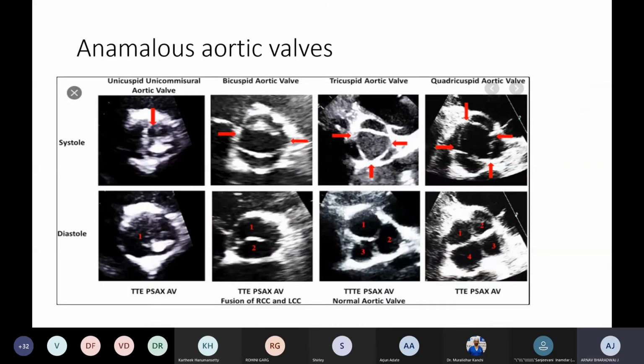So these are a few congenital abnormal aortic valves, and these are due to defects in development of the commissure. When no commissure is developed during the embryonic stage, it results in a unicommissural aortic valve, and only two cusps and fusion of another commissure results in a bicuspid aortic valve, which is the most common congenital anomaly, about 1 to 2% of congenital cardiac anomalies. The normal one is the tricuspid aortic valve, and if there is an extra cusp, it results in a quadricuspid aortic valve.